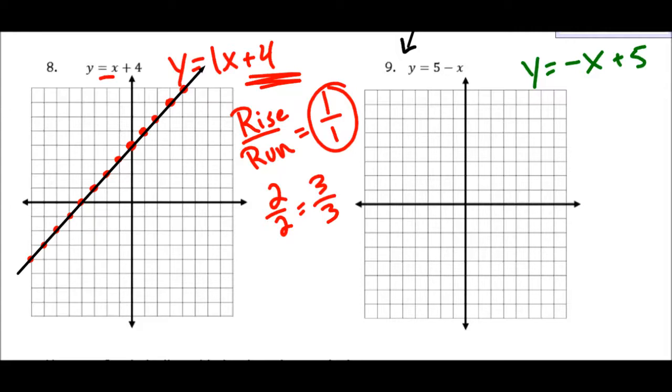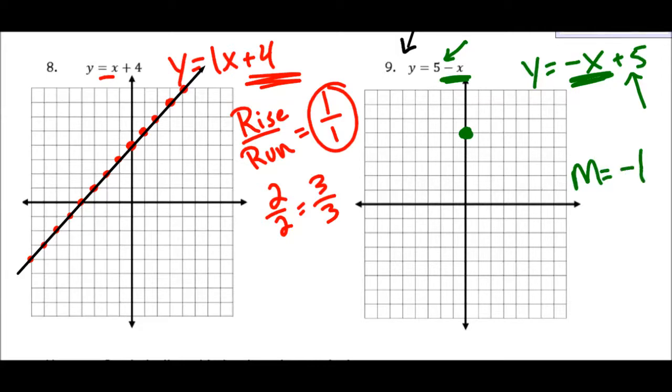The sign directly in front of the x is attached to that number. The 5 is not being subtracted. This is a positive 5. So we write that as a plus 5. That tells us where to start our graph. We're going to start 1, 2, 3, 4, 5 up from the x-axis. Our y-intercept is a positive 5. And our slope